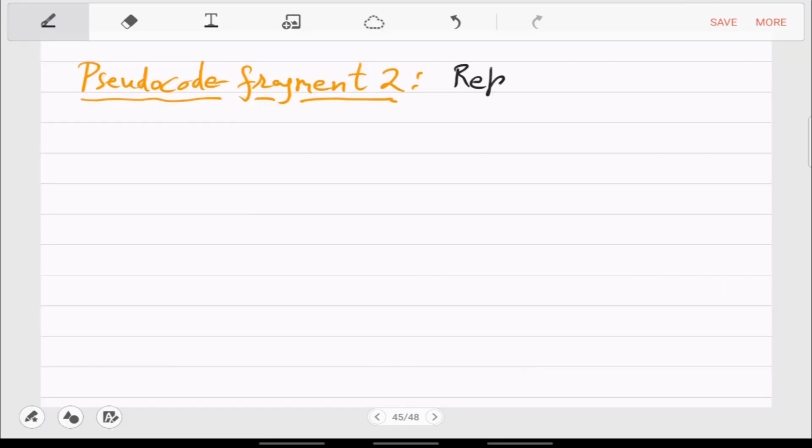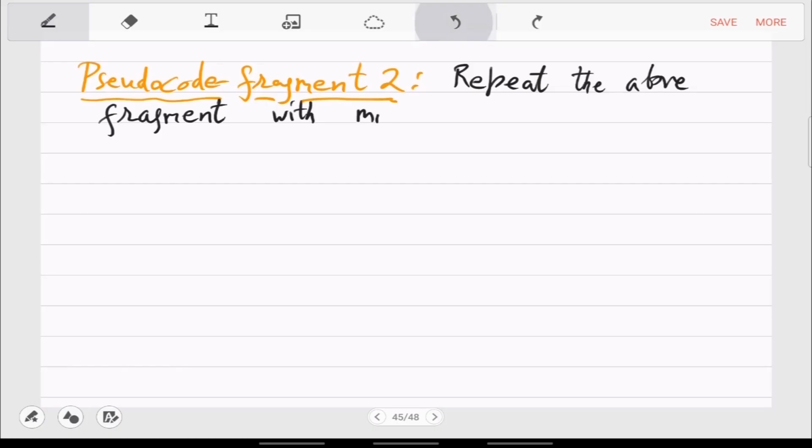So repeat the above fragment with the middle row.